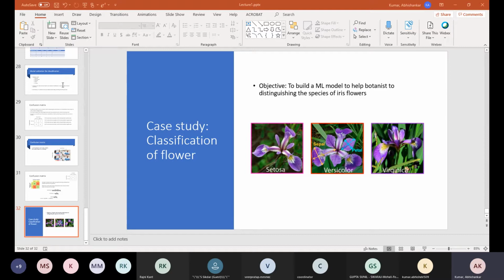Same thing we have seen in the last example also, when we were doing random forest. So what we are doing here? We are giving the path to the data, the API, and the result. Basically we have different directories here.